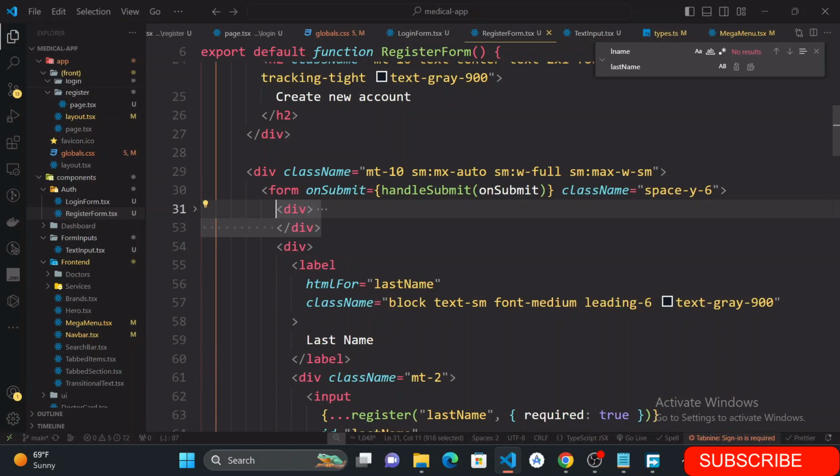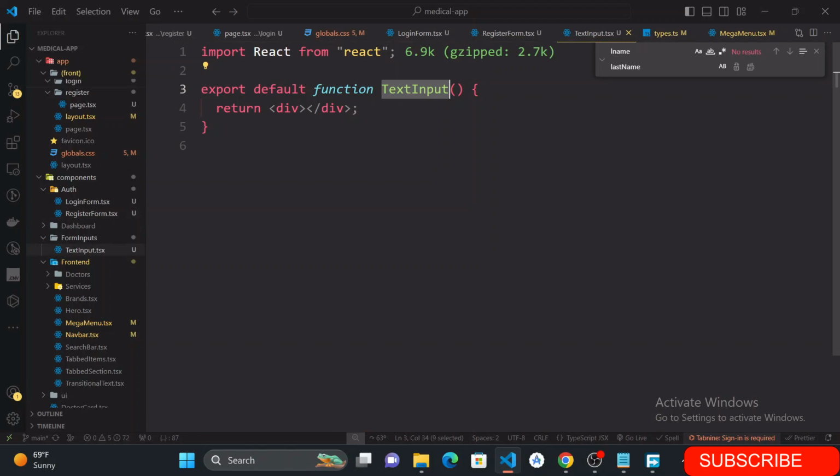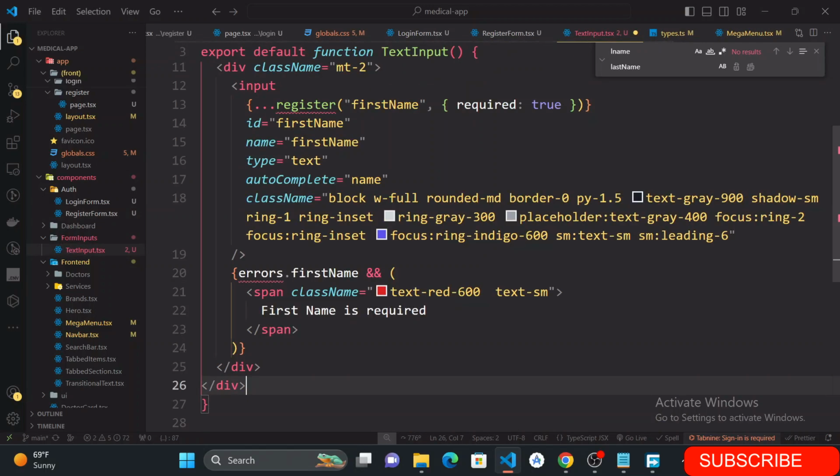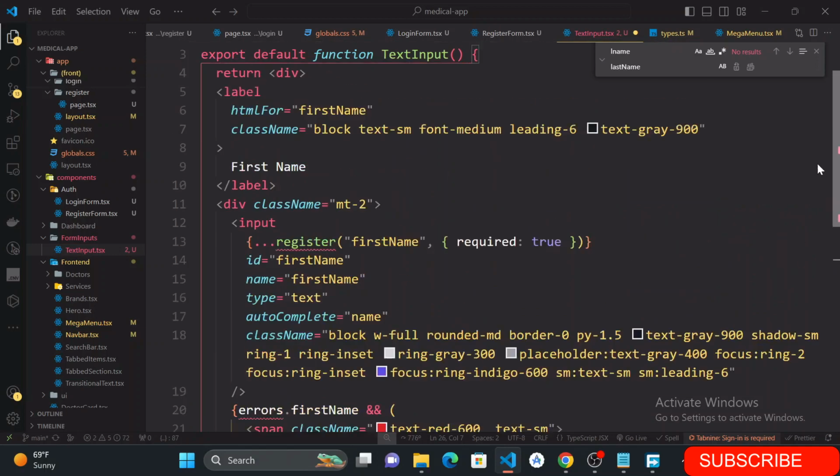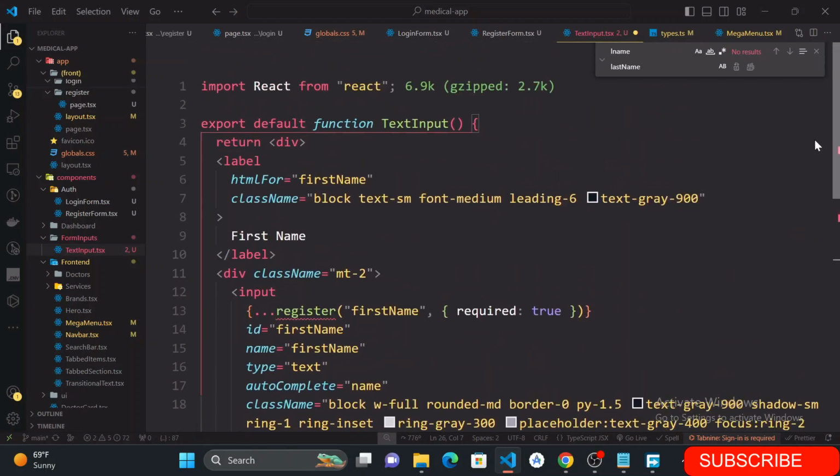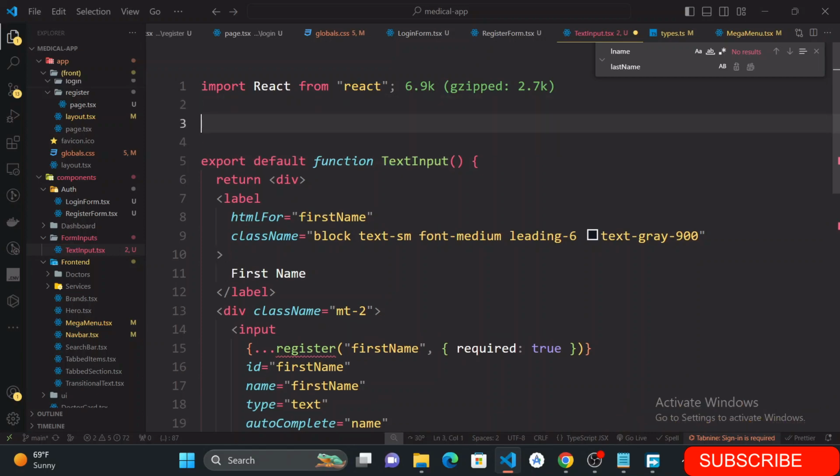Control C, and just go here, and on this return, I'm just going to return this. Okay, so the only thing I just want is to make this one work. The first thing you see, it takes in a label. So I'm just going to say text input props. I could just come here and say type